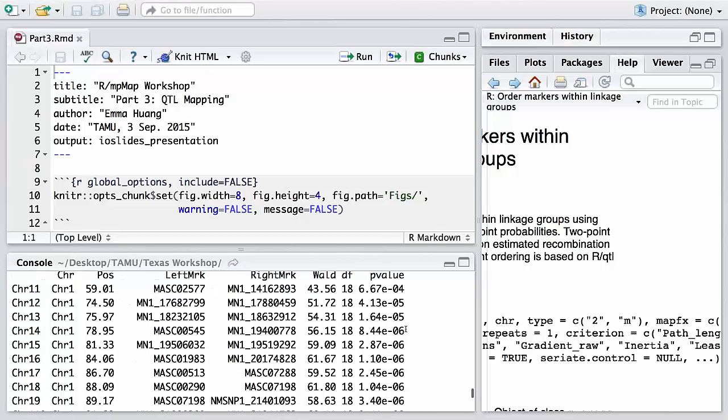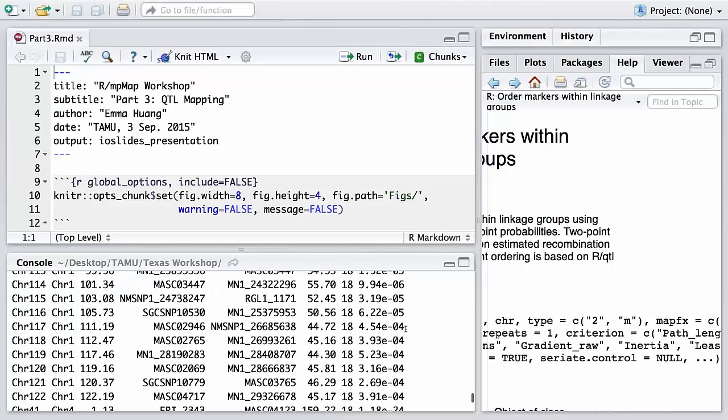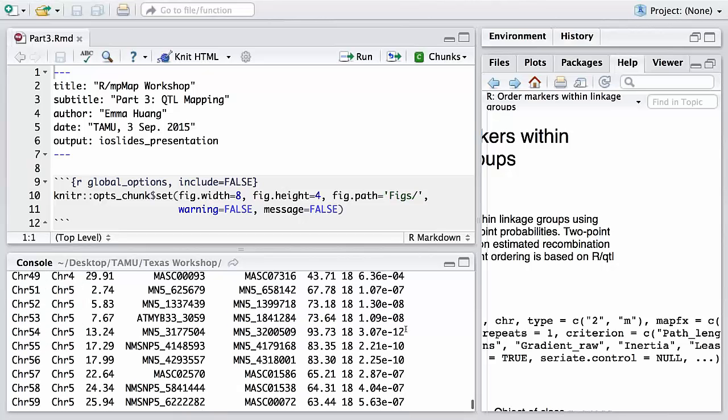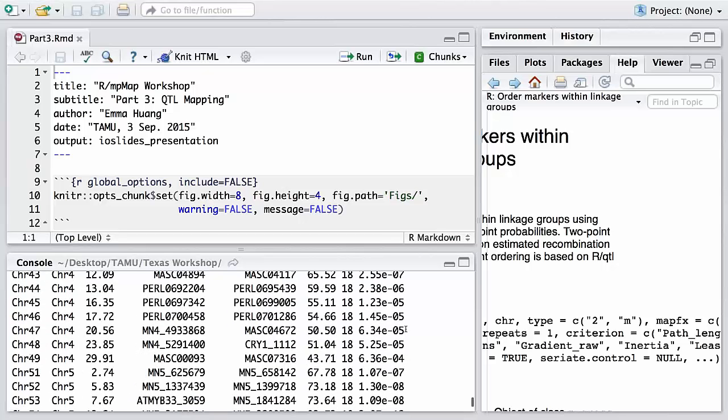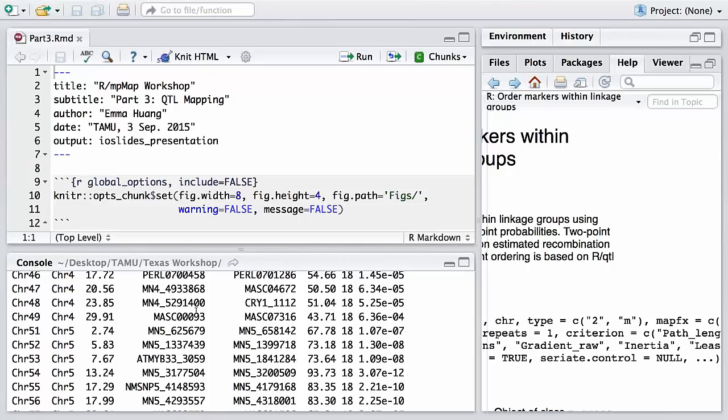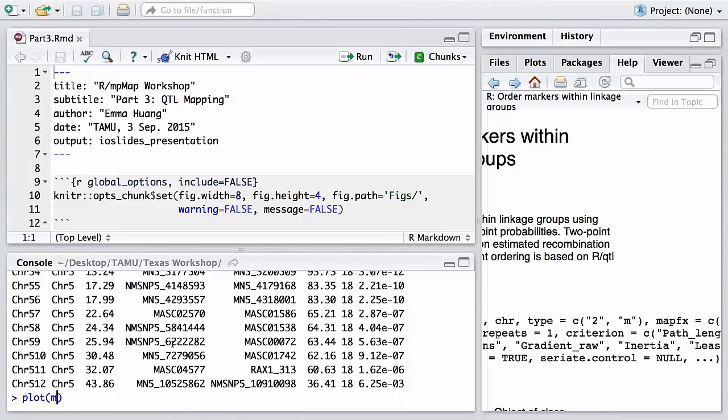This is the output where I haven't restricted the p-value, obviously, because you're getting things which are greater than 10 to the minus 6. But you can see in this case, because I haven't smoothed the profile, you're getting a huge number of QTL, most of which are just due to little ups and downs in the QTL profile. If we plot it,